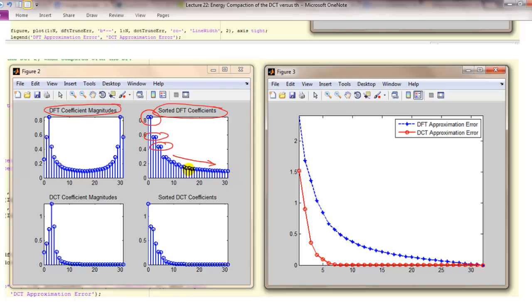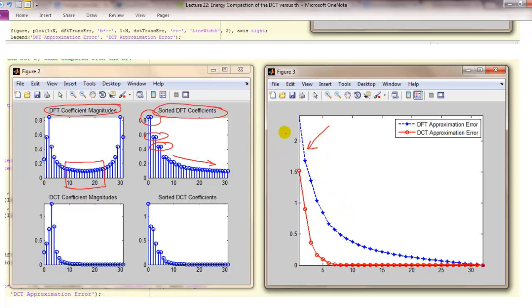So these remaining coefficients, if I decided that I'm going to throw all these coefficients out and construct my signal by keeping only the larger ones and using the columns corresponding to these coefficients, my error will not be negligible. And this is indeed what I am plotting here. So I want you to focus on this blue curve,